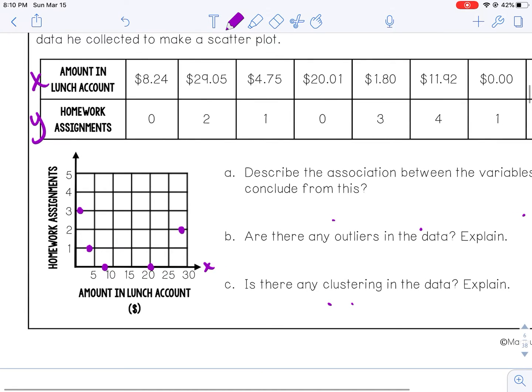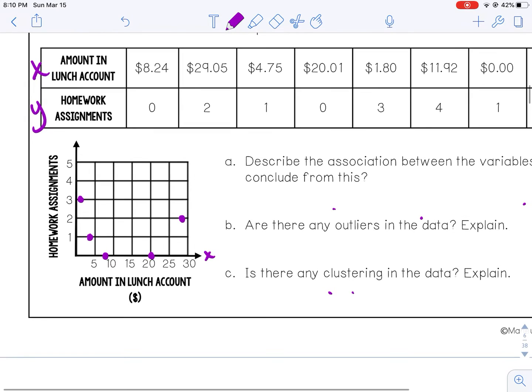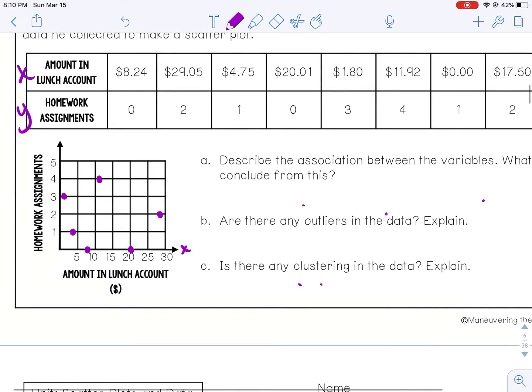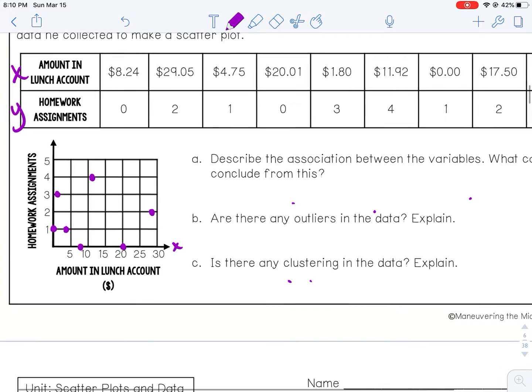Let's see, $11.92, we're right at $12, and 4 assignments there. And then let's see, $0, one assignment, and